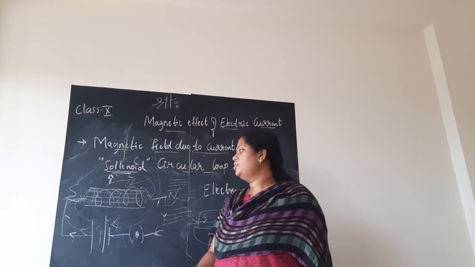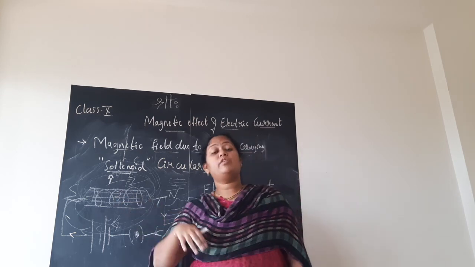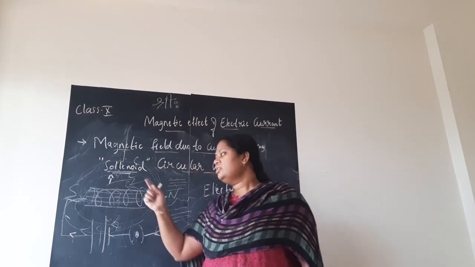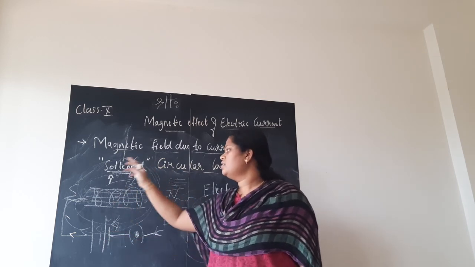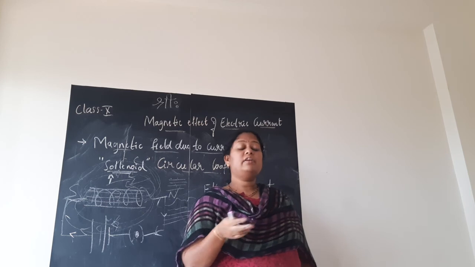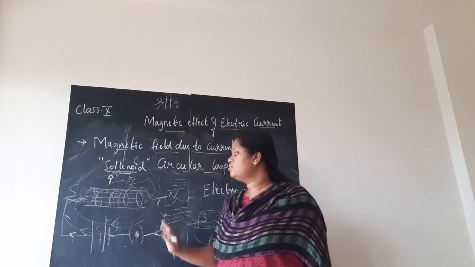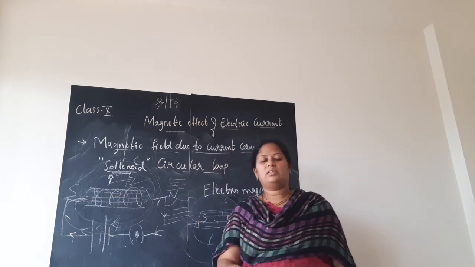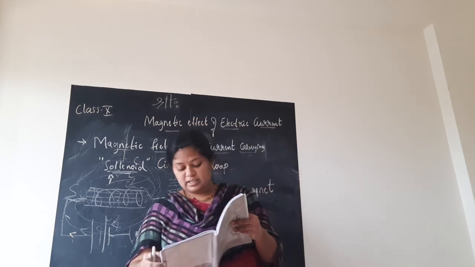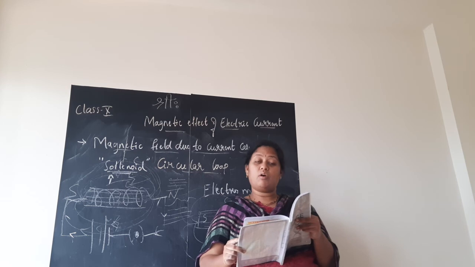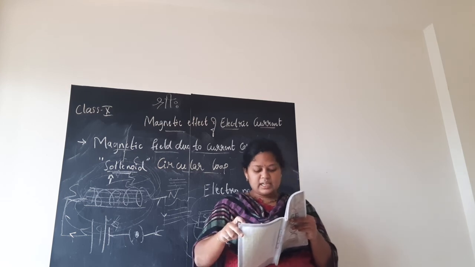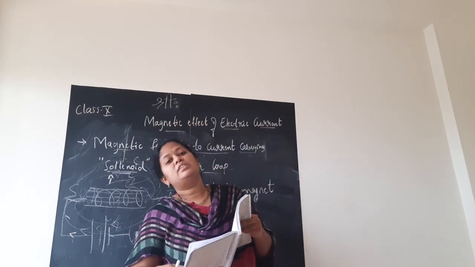If they ask you why the magnetic field strength is uniform inside the solenoid, how? If you consider the solenoid as a bar magnet, the magnetic field lines outside travel from north to south, and inside they travel from south to north, and they are parallel. This is a most repeatedly asked question, you should know. This indicates that the magnetic field is the same at all the points inside the solenoid. That is, the field is uniform inside the solenoid.